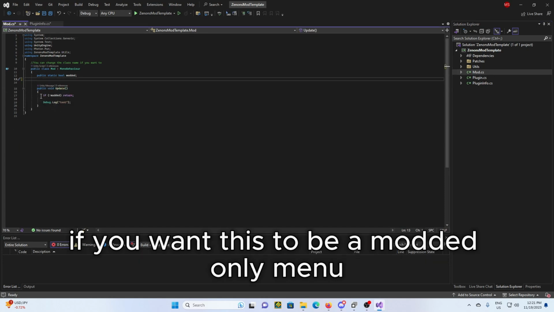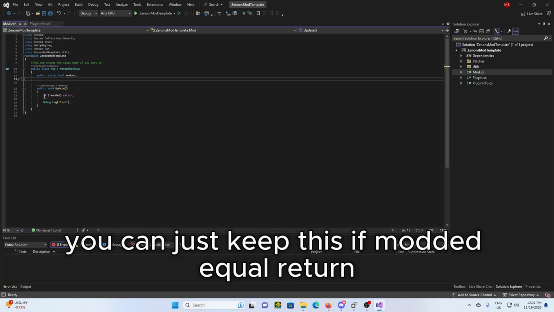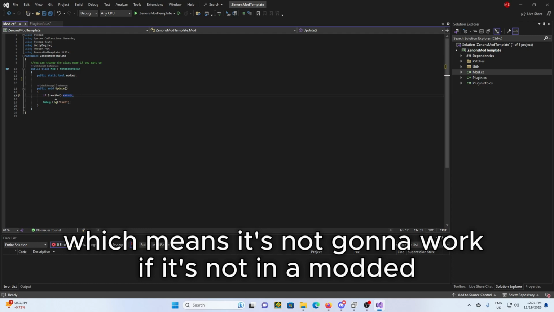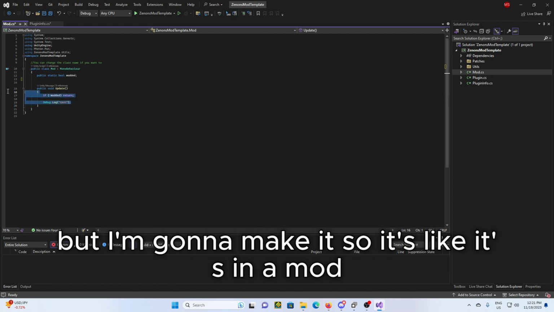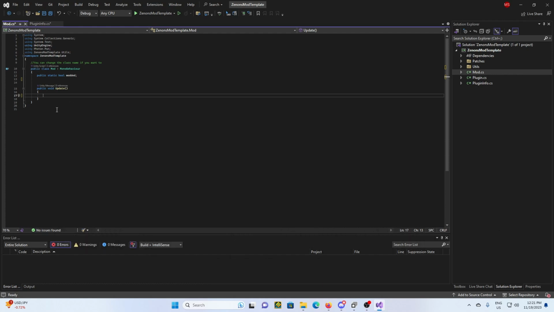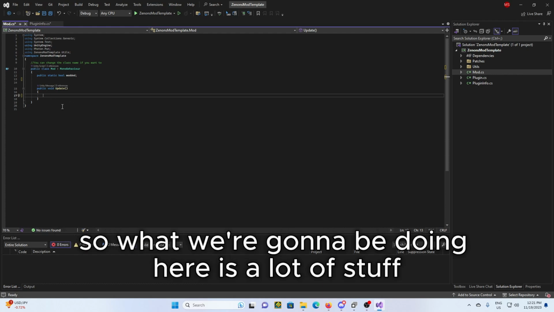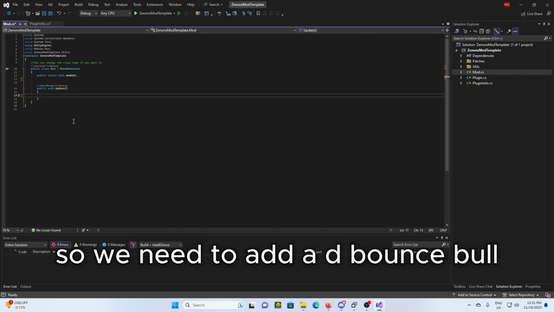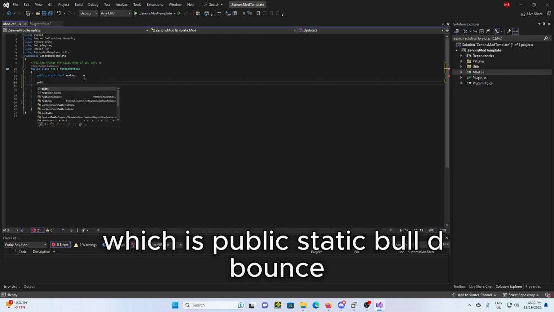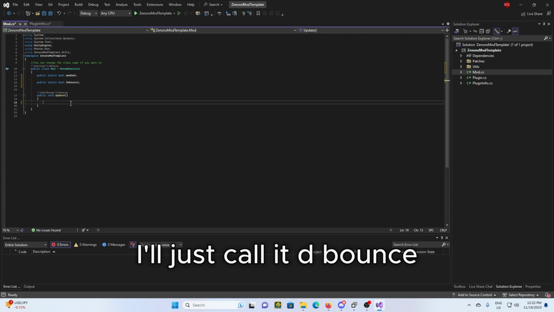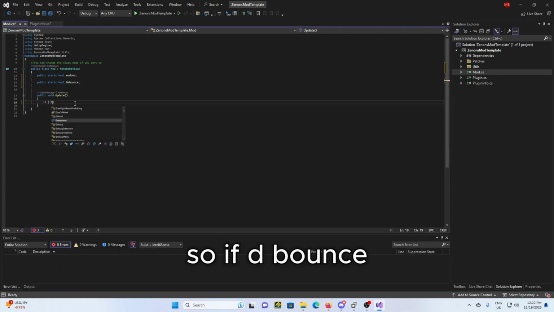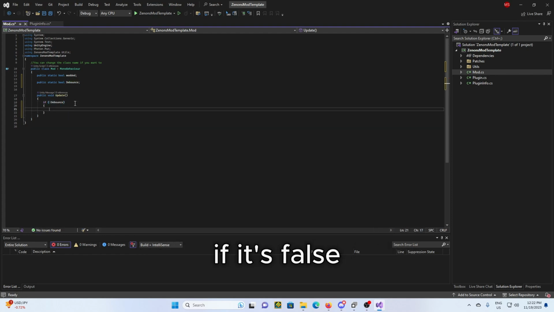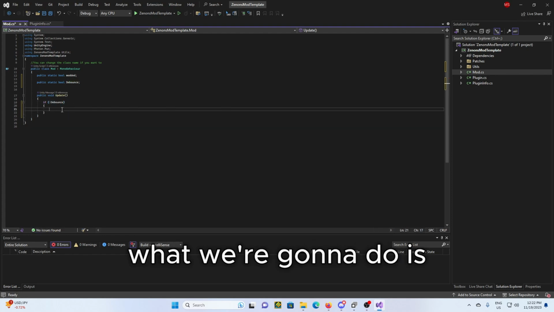If you want this to be a modded only menu, you can just keep this, if modded equal return, which means it's not gonna work if it's not in a modded lobby. But I'm gonna make it so it's in a mod. So what we're gonna be doing here is a lot of stuff which you need to be prepared for. So we need to add a debounce bool, which is public static bool debounce. You can call it whatever you want. I'll just call it debounce. So if debounce, which means it's false, if it's false, what we're gonna do is